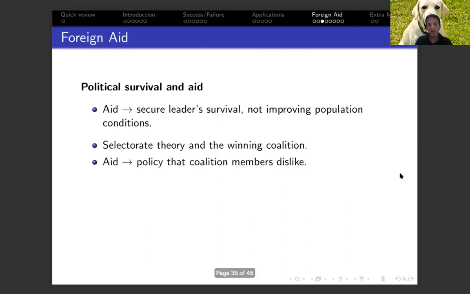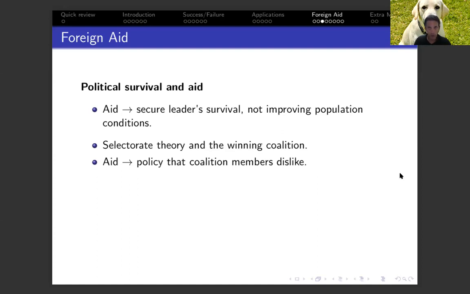We're going to talk about this a little bit also in the context of selectorate theory. I remind you again, even though I talked about it about 20 minutes ago, what selectorate theory talks about. The most important thing for the leader is to survive in office. That leader provides benefits to its supporters in order to survive in office. And the most important part of the population that the leader has to satisfy is its winning coalition. The difference between democracies, which usually have larger winning coalitions, and autocracies or dictatorships, whose leaders have much smaller coalitions. So essentially, in a democracy, there are a lot more people you have to please in order to secure your position. Okay, so that's, again, selectorate theory.